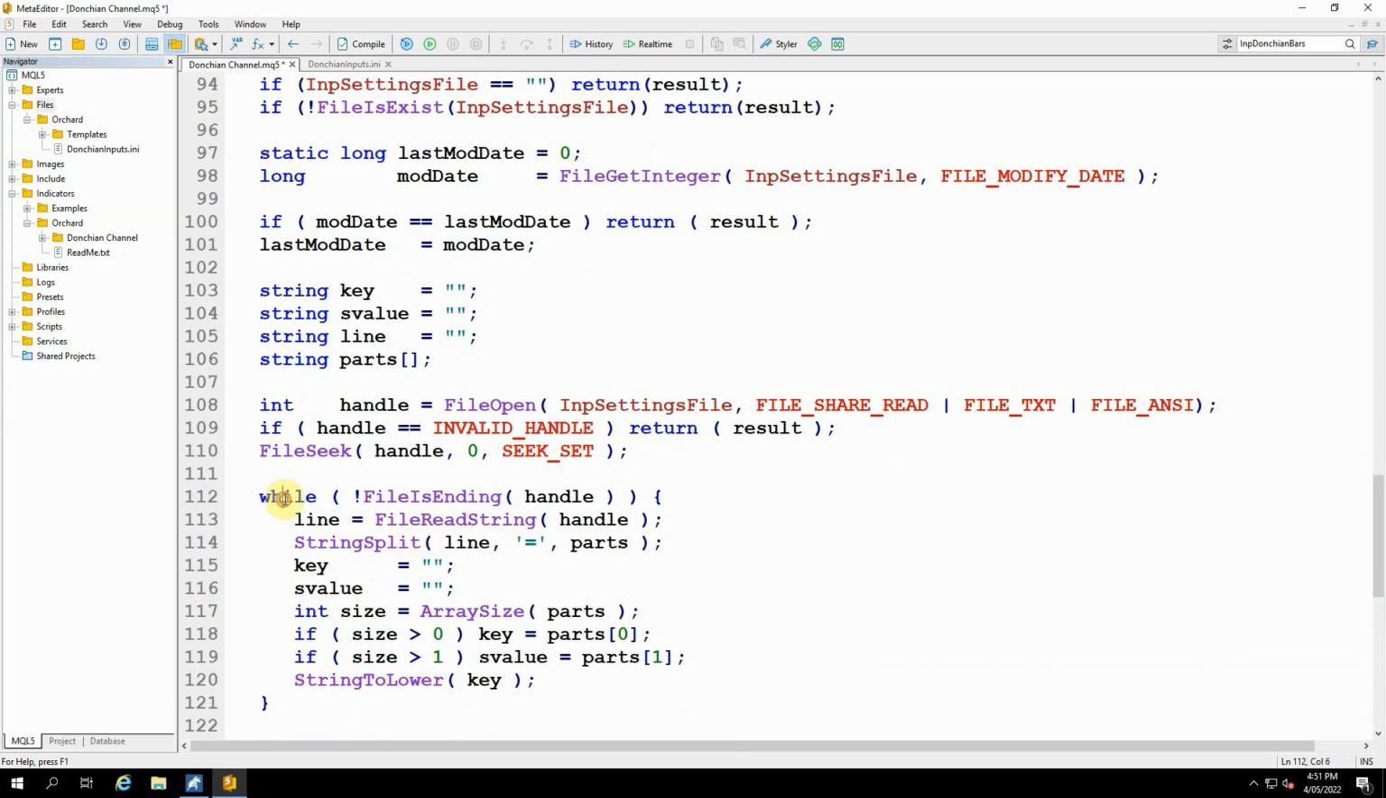So a simple while loop, while not file is ending, handle, tells me if I'm at the end of the file. So while that's not true, it means I'm not at the end of the file. Then I assign line with file read string for handle, and that reads an entire line up to the carriage return line feed terminator. I'm calling string split on line, passing in the equal sign, and this has single quotation